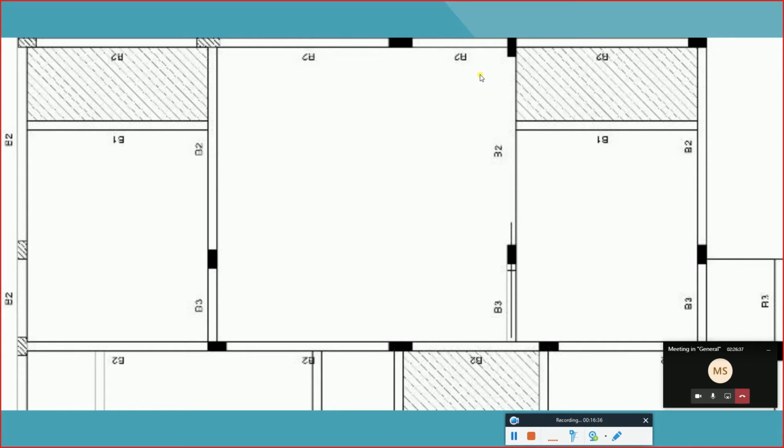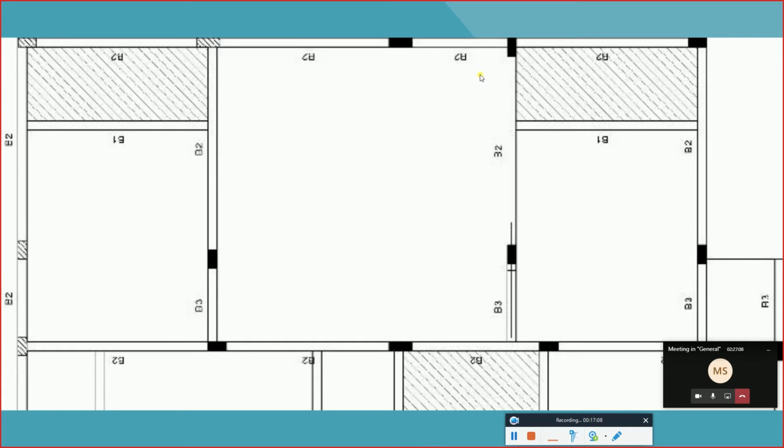what will happen? The depth of the slab is going to be too huge, because once again, the depth of the slab depends on the span. Your span is huge, the depth is going to be huge. That's why I was talking about the span to depth ratio. A lot of people are going to ask you, when do we need to go for the solid slab, when do we go for the flat slab, waffle, ribbed slab, whatever type of slab. And you need to answer that question carefully, because